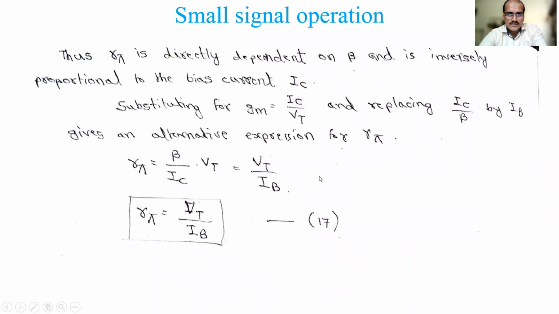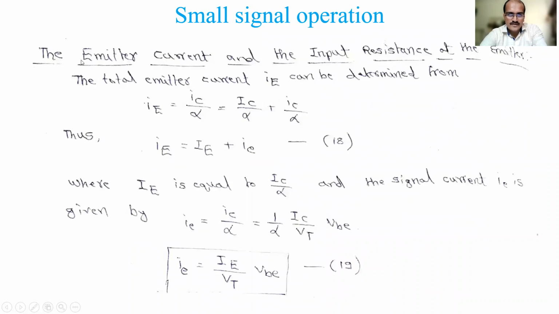Then the third part we have taken is the emitter current. Emitter current is nothing but base current plus collector current, the basic relation you know, and its associated resistance is called RE. This is again derived from IC only. The first important thing is the IC derivation; from IC we have done IB, similarly IE also. The relation is IC by alpha here. Using that we got IE as IE by VT into VBE. This is a DC current IE, this is the thermal voltage, and this is the signal component VBE.